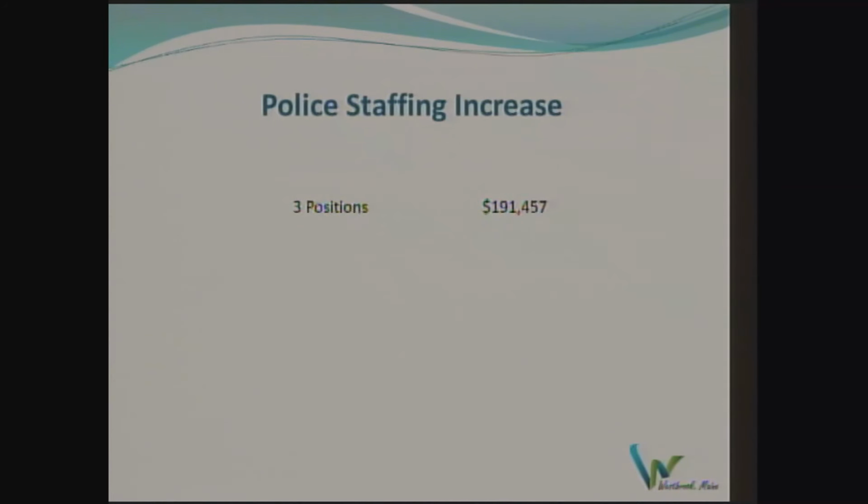One item that the mayor also mentioned, the fact that we're looking to add personnel in only one area of the municipal budget this year. The police department is looking at 3 additional positions, one which is budgeted to come online on July 1st. 2 others will come online January 1st, basically phasing in these positions to have an easier impact on the budget for the upcoming year. But both salaries and benefits for these 3 positions total $191,000 in the upcoming budget.